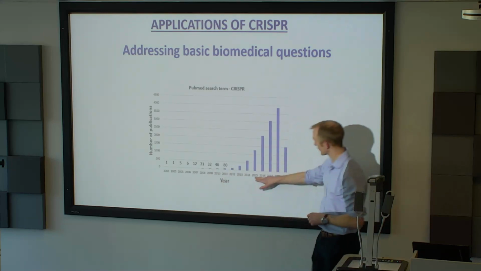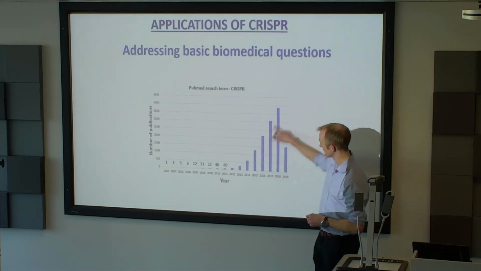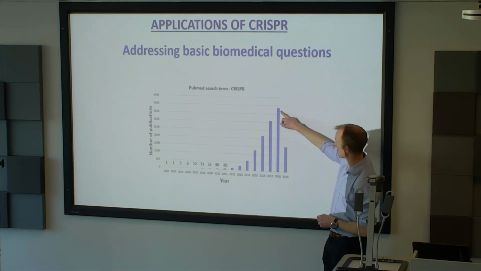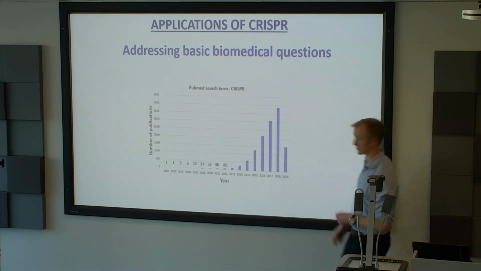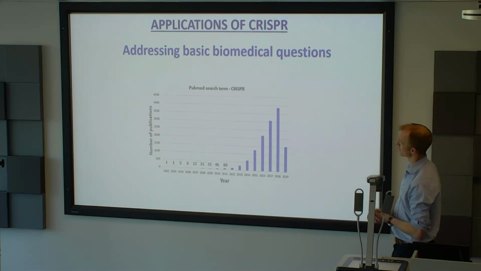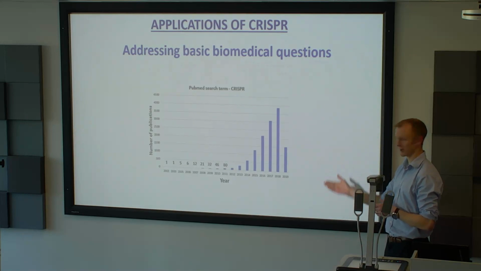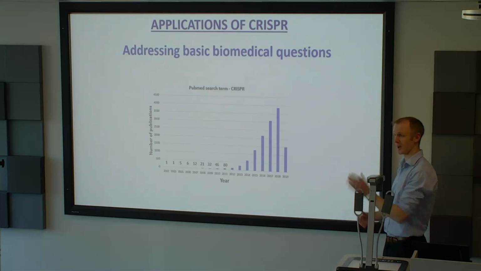And since 2013 and 2014, you're now seeing proliferation of up to 500 articles since then. Really, up to last year, we had almost 4,000 articles on CRISPR. So it's been a massively exploding field, whereby many labs, even in the last few years, obviously have started to publish results on CRISPR and knocking out genes